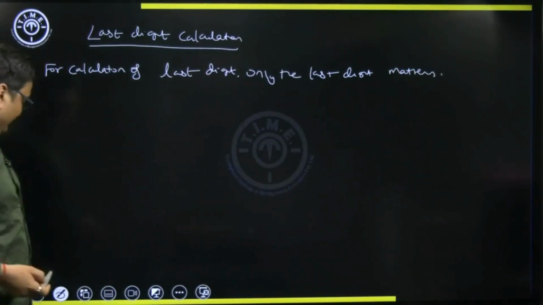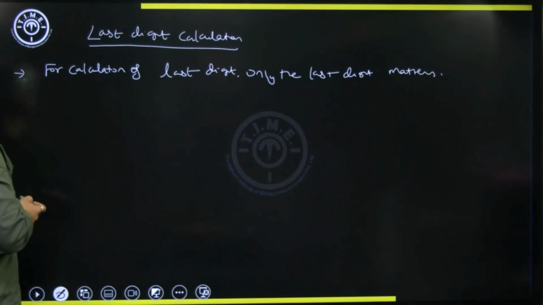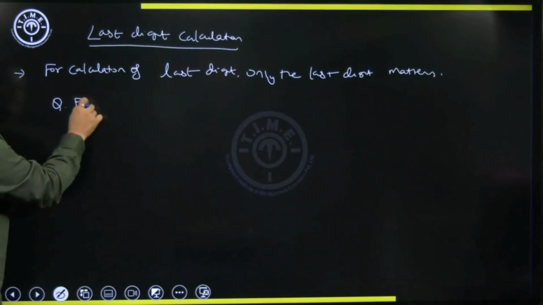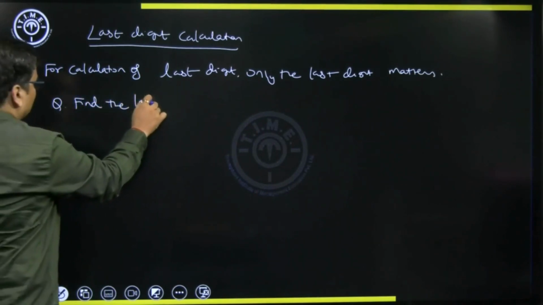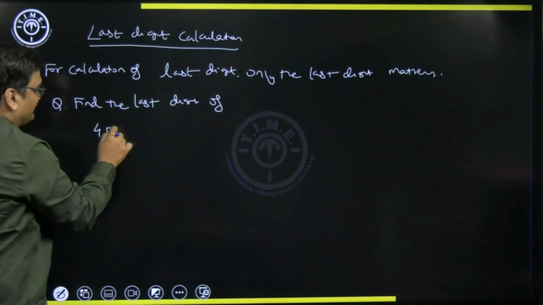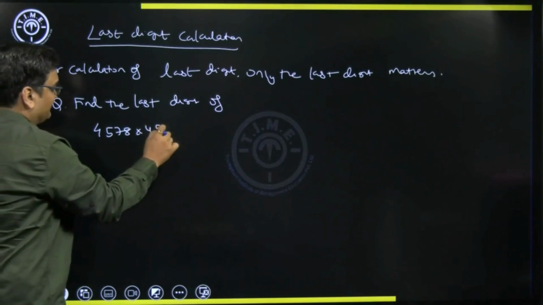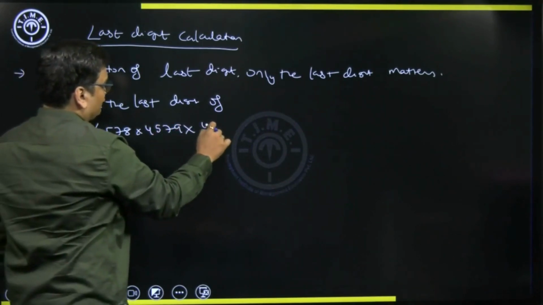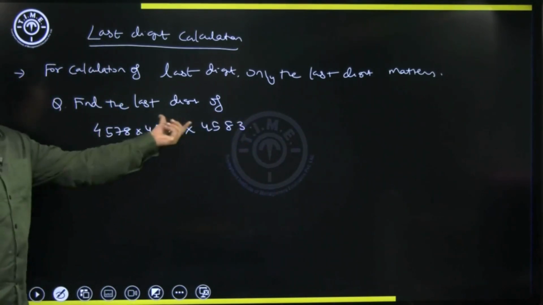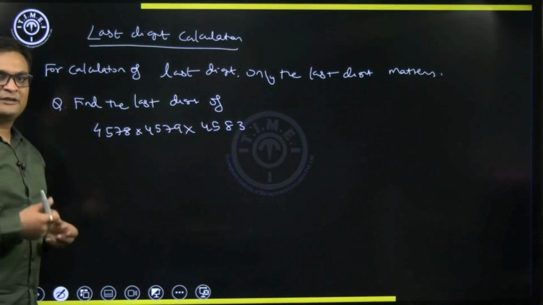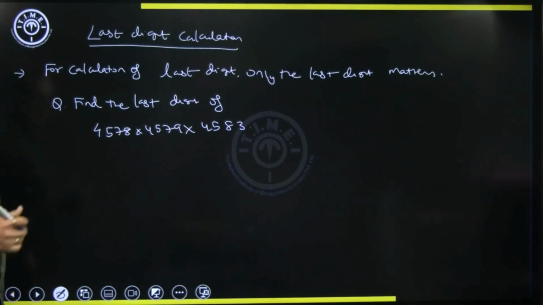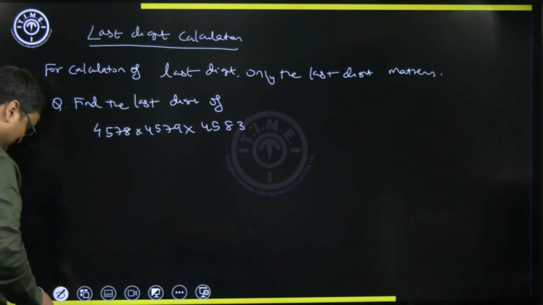So what do I mean by that is, say for example, if we have a question like find the last digit of 4578 into 4579 into 4583, suppose. So it's a 4-digit multiplication. The multiplication itself will be a very difficult process, even though we know how to do it. It will be a very time consuming process, but as per what we discussed,